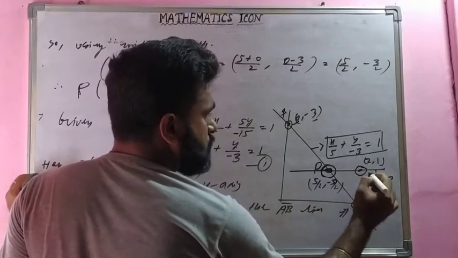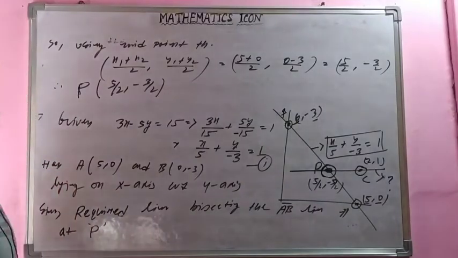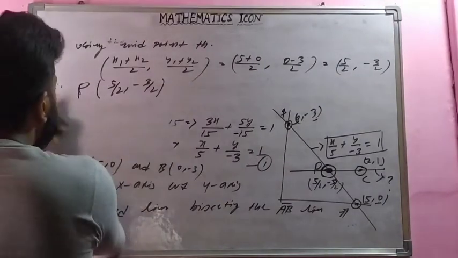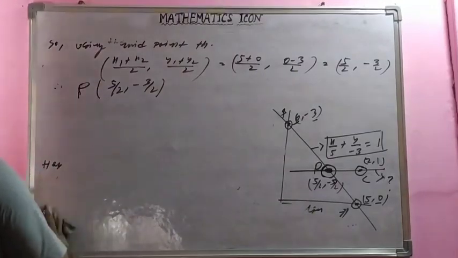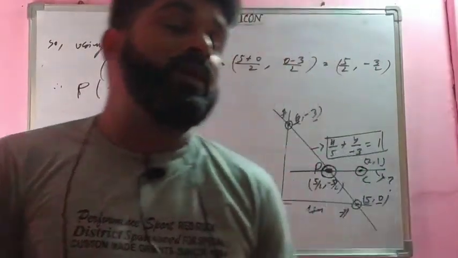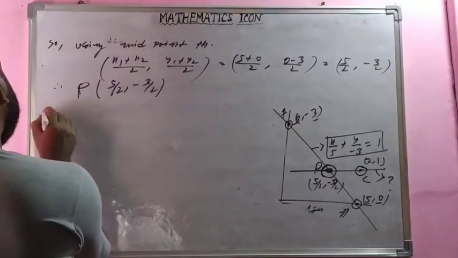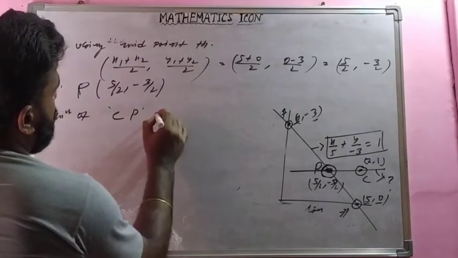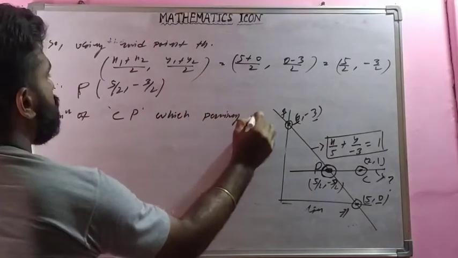ये इस पॉइंट का नाम तुम कुछ दे सकते हो, A B C दे दो. Okay, I think you need to find the equation of CP लाइन का इक्वेशन आपको निकालना है. So C पॉइंट भी पता है, P पॉइंट भी आपने निकाल लिया है. तो अगर किसी भी स्ट्रेट लाइन का दो पॉइंट पता हो, तो उस स्ट्रेट लाइन का इक्वेशन निकालना कौन सा फॉर्मूला यूज होता है? जस्ट यू हैव टू रिमेंबर दिस थिंग्स. Equation of CP, which is passing through